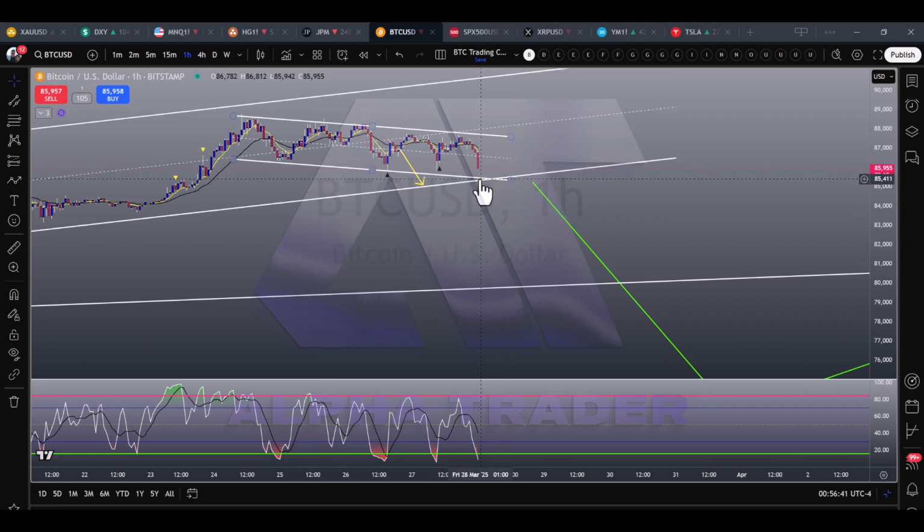Now, it's going to bounce again here. So you're going to get something like this. It's going to come down. It's going to bounce again. And then probably roll over or do something like this. And then roll over, retest, and then come down. Okay. It's probably how that's going to end up. Okay. So watch for that to happen. But yes, you could short it here, maybe go long here, and then go short again at the top. I prefer just going short at highs. That way it keeps me safe in the trade.